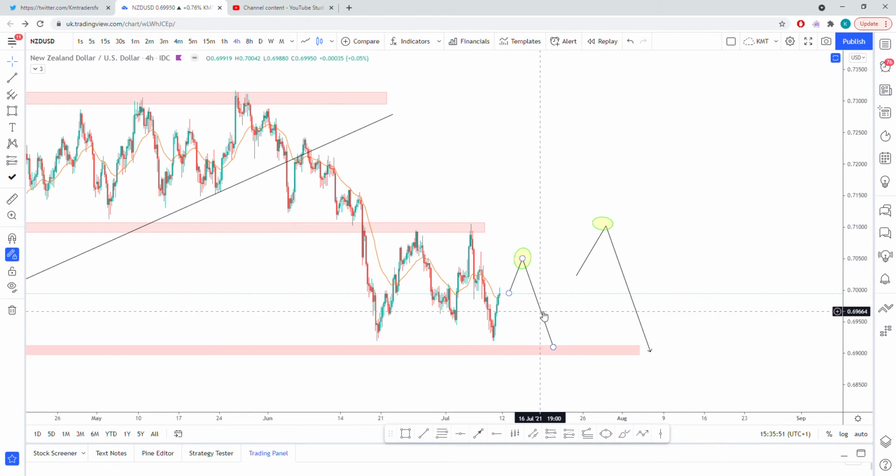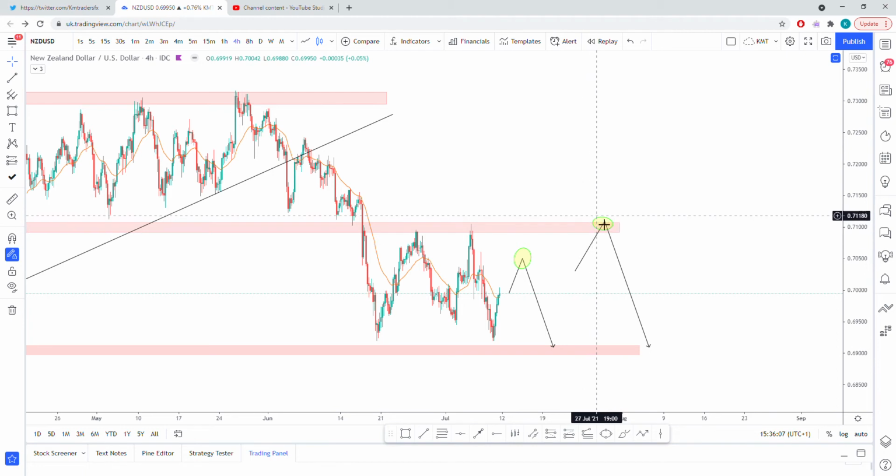The other scenario that we could potentially see is for price to peak over the 0.71 margin level, and where it's created this high already, we could see some potential manipulation here. So where we start to see price push higher and it continues to push higher, in order for us to take a sell, we need to be confident that we have that bearish pressure coming into the market. So we're not going to rush any sells if we start to break above here,